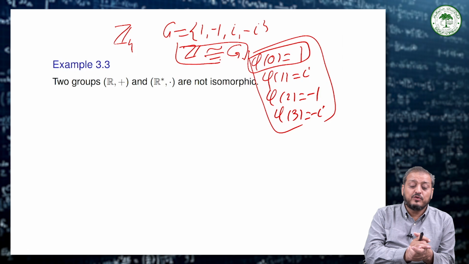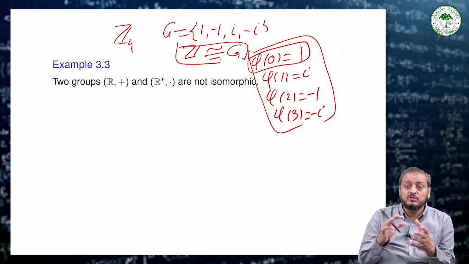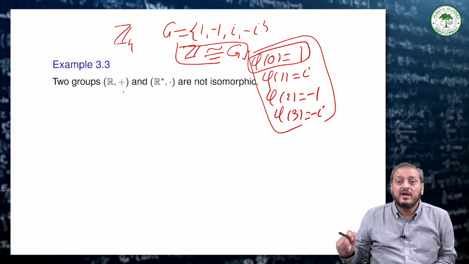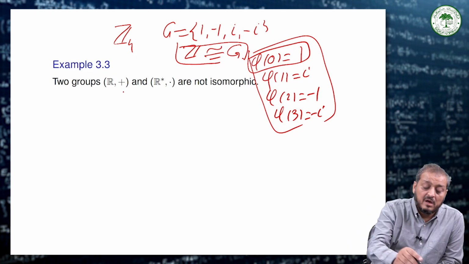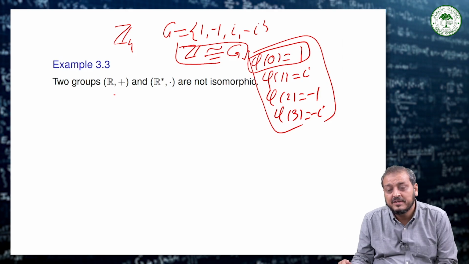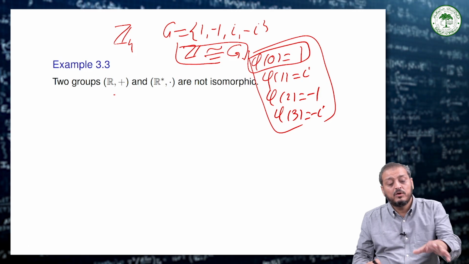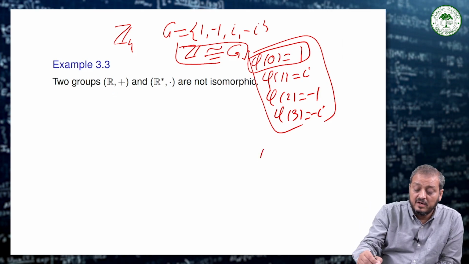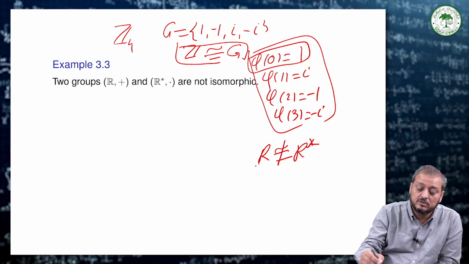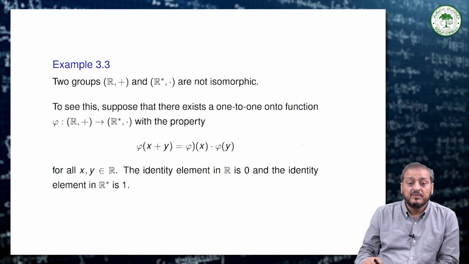One is the set of real numbers under addition, and another is the set of non-zero real numbers under multiplication. And then we try to show that we cannot find any bijective map from R to R star, which means we cannot define one in such a way, and so this is not an isomorphism. So we try to show that R is not isomorphic to R star, non-zero reals. This is under addition, and this group is under multiplication as a binary operation. Okay. So, suppose